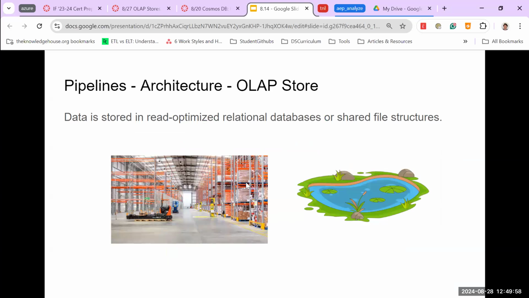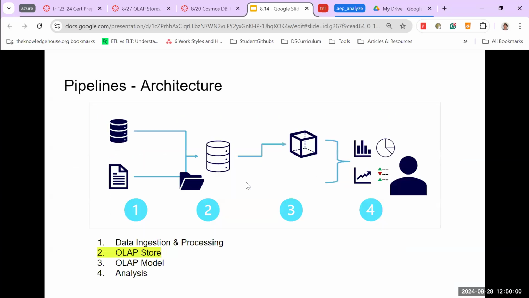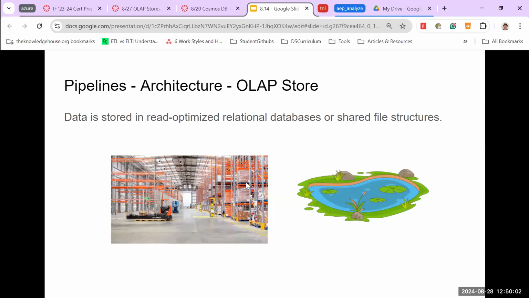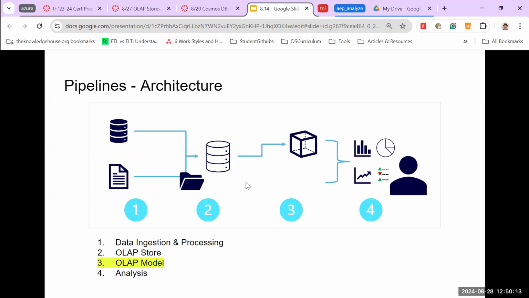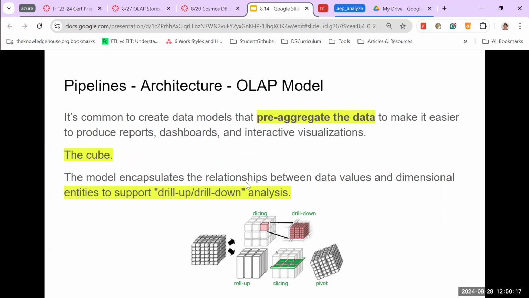And let's summarize OLAP stores. Essentially, after we've ingested the data, we've stored the data in some sort of read-optimized relational database or shared file structure, aka warehouses or data lakes. Now, after we've stored the data, we next need to model the data. And this is where it gets a little bit more complex, and this is where we get into some advanced analytics concepts,